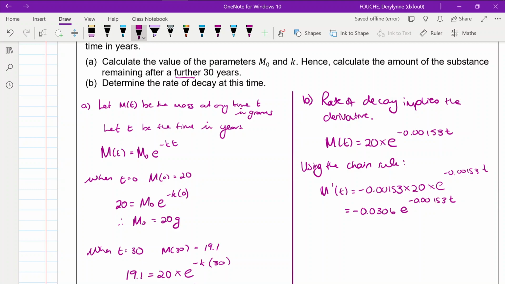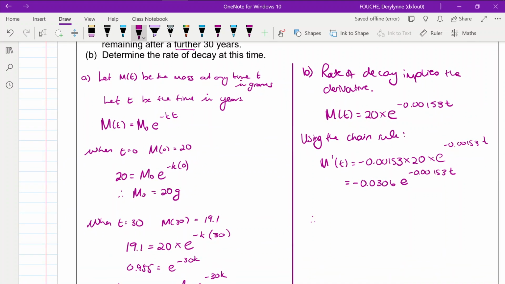Now we're wanting the rate of change at this time, so at t equals 60. So therefore m'(60) is equal to negative 0.0306 e^(-0.00153 times 60),